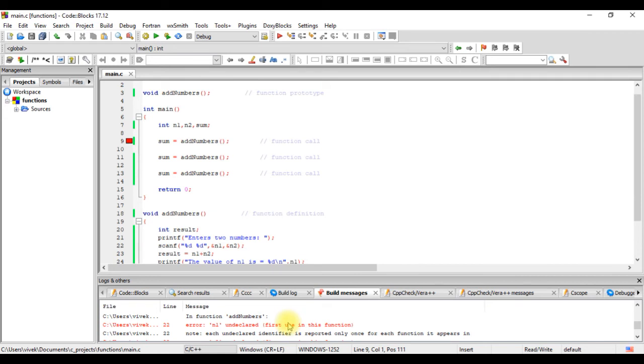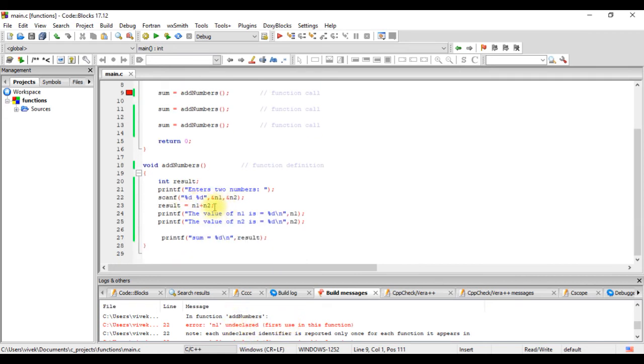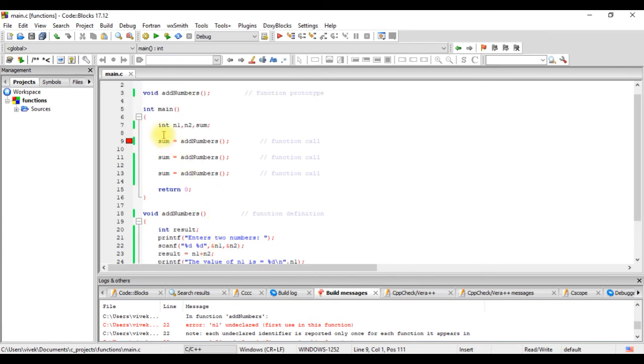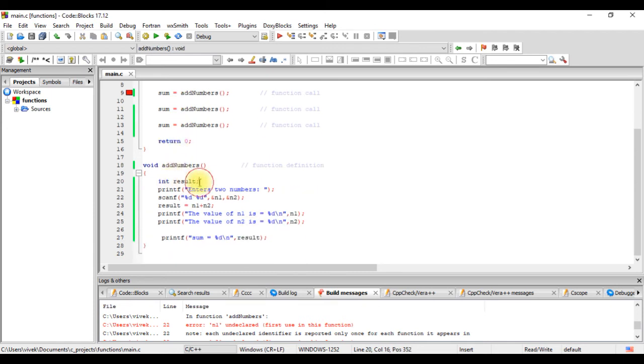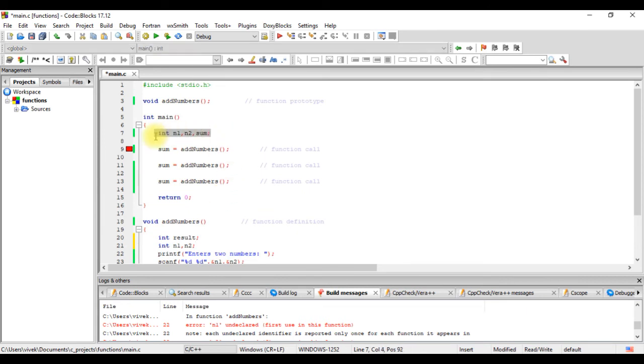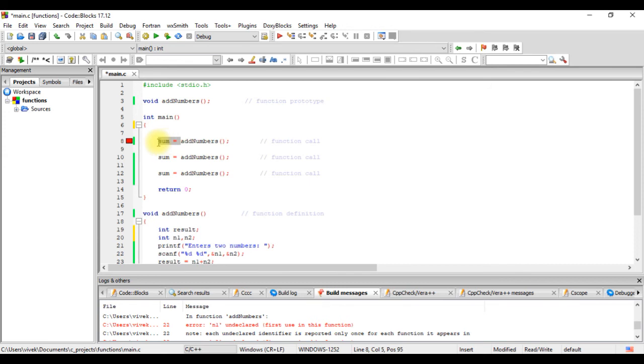Okay, it's giving us an error that n1 and n2 are undeclared. Here we have not declared them, though we are using them in this function. So let us take these values, n1 and n2, and declare them in the function, and now we don't need this, we'll remove it. We'll remove sum from here, we don't need sum.